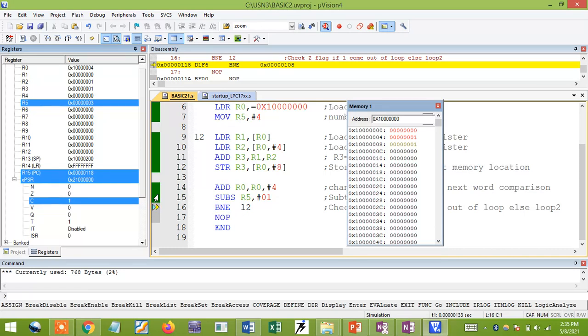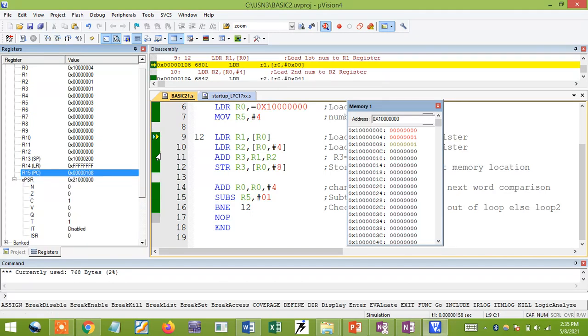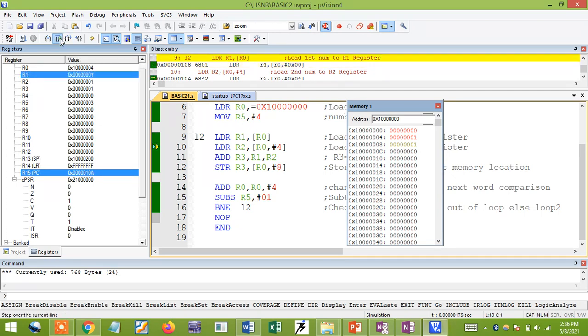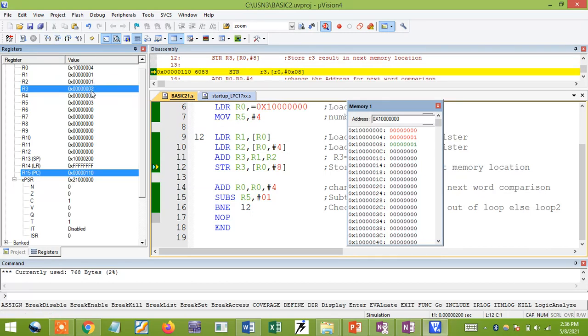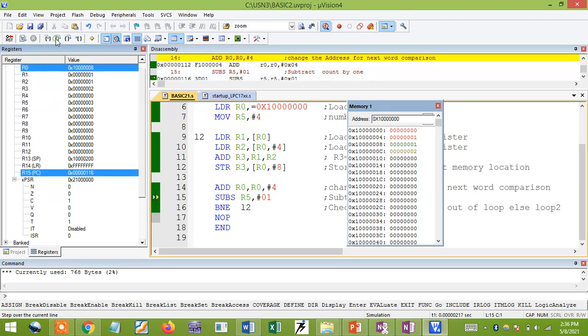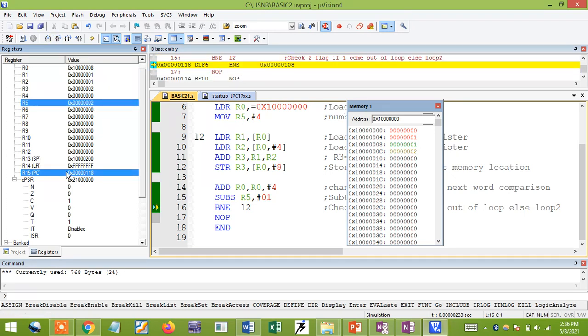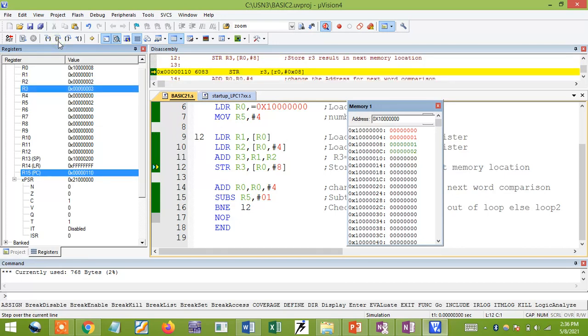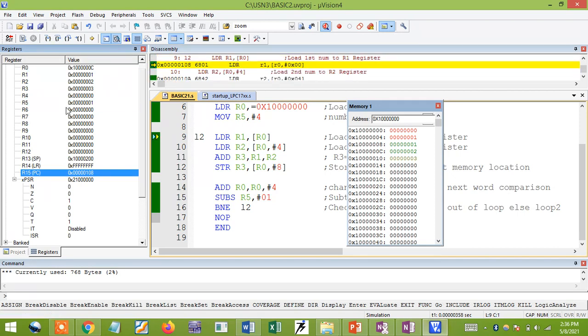You can see that this point has moved to here, next step. You can see the process will be repeated. Now 1 plus 1 I need to add and store the result. You can see that. So next 1 plus 1, I get 2. Now the count in R5 should be decremented. So now you can see it is 2. Still my count is not equal to 0, then it will repeat the process. Next 2 plus 1, that is 3. Next repeat the process. Next you can see the R5 value is 1. So still repeat the process.